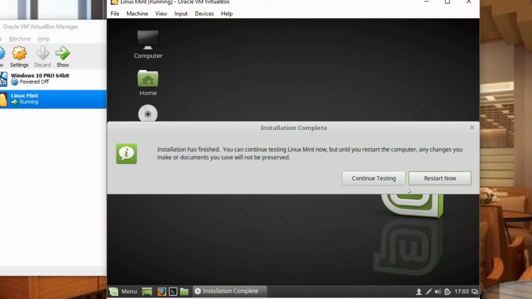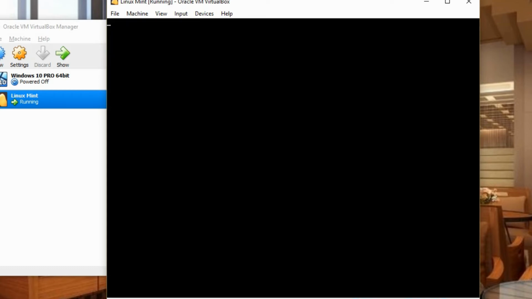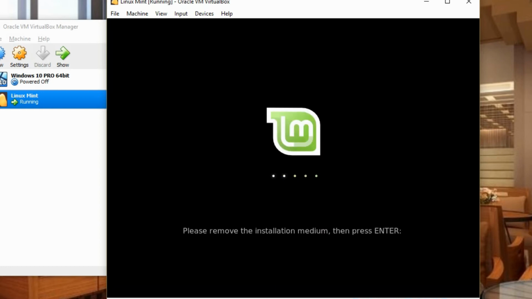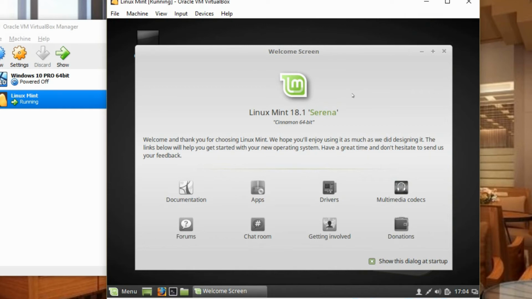Now once it's done, it'll ask you to continue using it if you'd like, or you can restart it right away. Of course, you'll have to take out the USB or CD and then hit enter when you're ready.